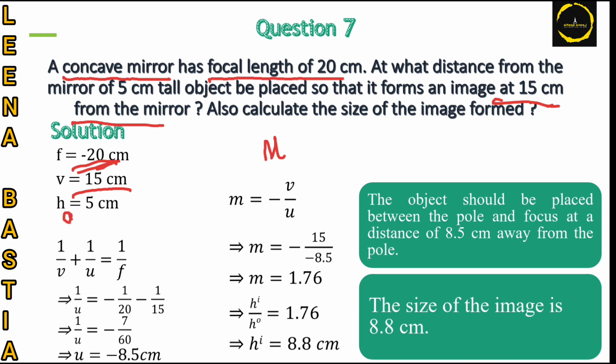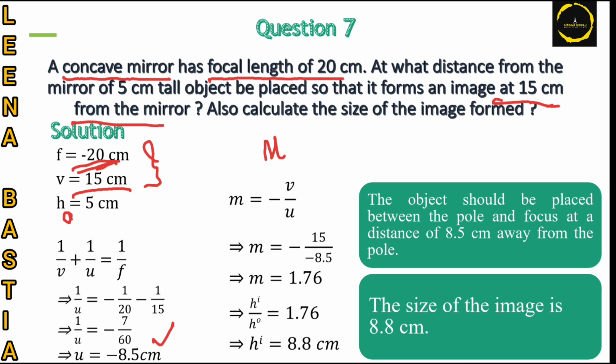ho is 5 centimeter. Now let us first find out, from these two values we can get the u value, that is minus 8.5. Just calculate it by putting the values over here, whatever is given, and you will get minus 8.5 centimeter. If it is minus, that means what? It is in front of the mirror. Object is always in front of it. So the minus sign is quite obvious over here. So the object should be placed between the pole and focus at a distance of 8.5 centimeter away from the